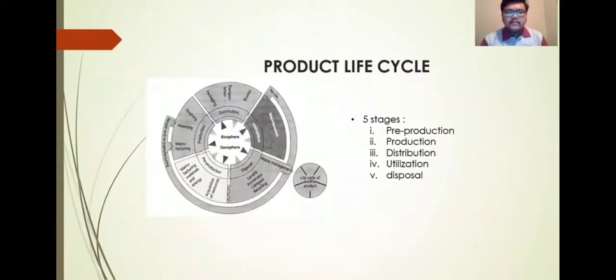So the first one is the product life cycle. There are 5 stages: pre-production, production, distribution, utilization, and disposal. In pre-production, we come up with the materials used for each component. Then production is how the material is manufactured to make the component, then the assembly, and lastly the finishing. At the distribution stage, we come up with what type of packaging is used, the transportation cost, and also the storing